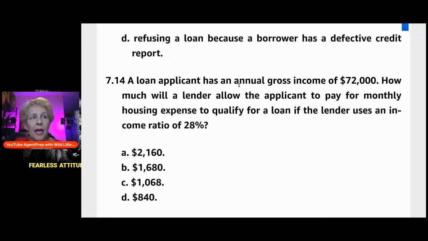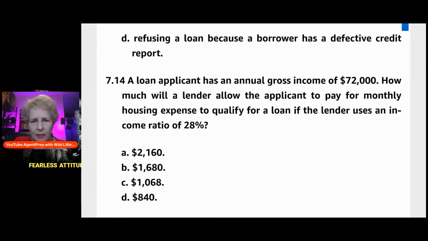So again, annual gross income. So you've got to calculate that in a year you have 12 months. So it's going to take a couple of steps. Because it says here we are given the annual gross income, and then the question is, what will the applicant pay monthly for housing expense? So we've got to go from yearly to monthly in order to be able to calculate it. So we first have to do